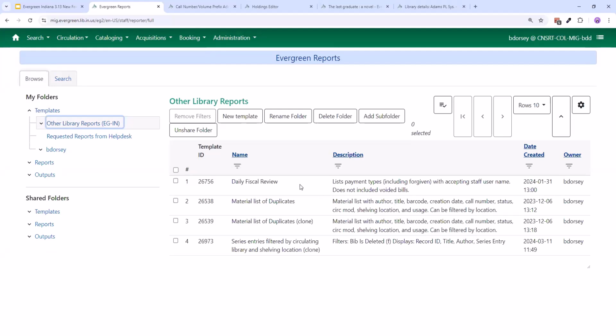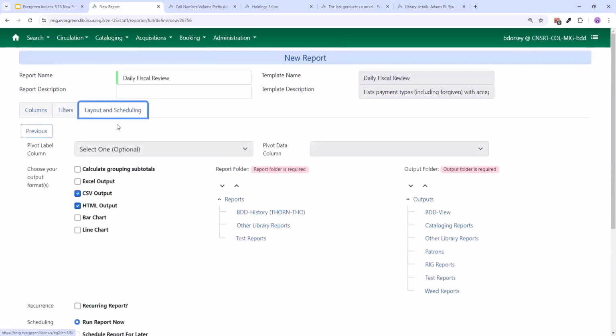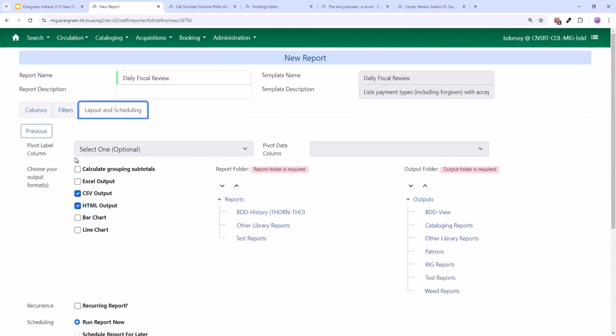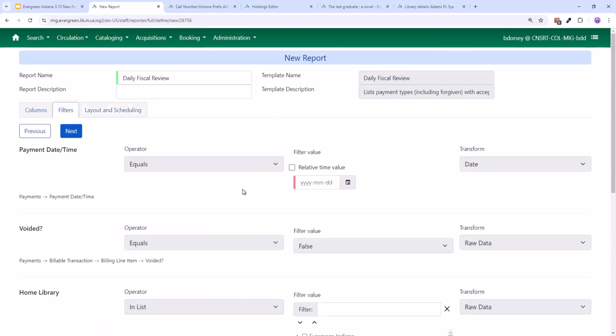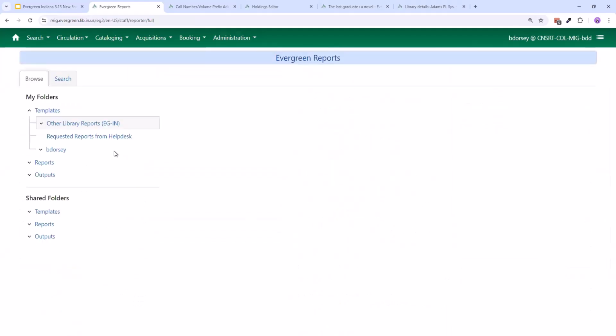It has lists. If we double click on a template, it's going to take us to the new report so we can fill out our filters. And then over here in the new tab, we can select our output information, the report and output folders, and then the type of report, if it's a recurring report or if we want to schedule the report for later. One thing I'm also very excited about that you probably will be very excited about, let me cancel that,